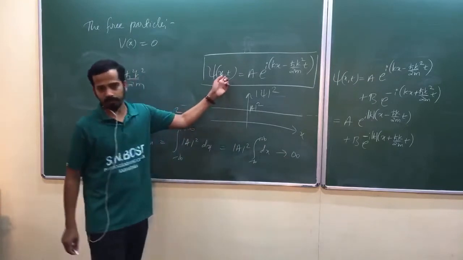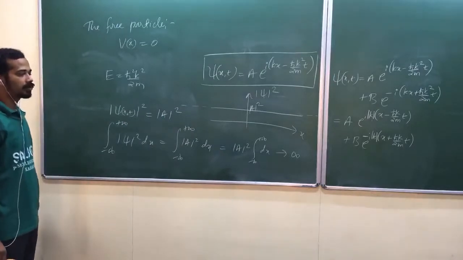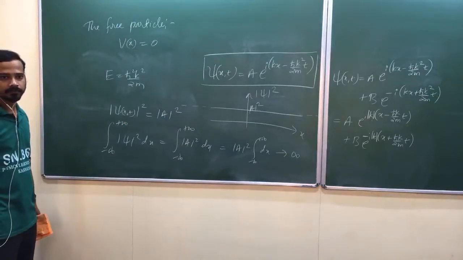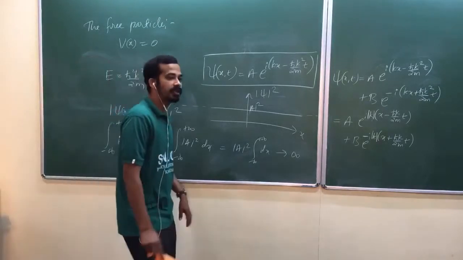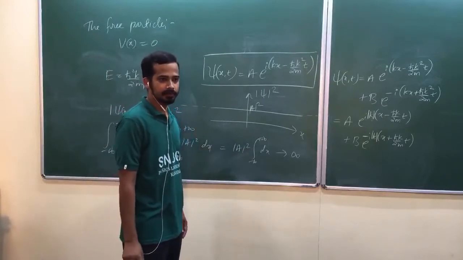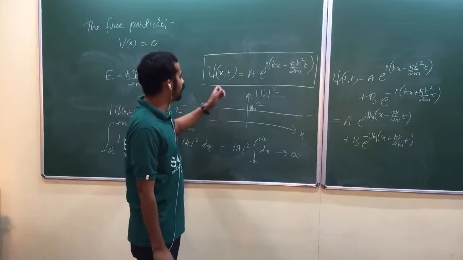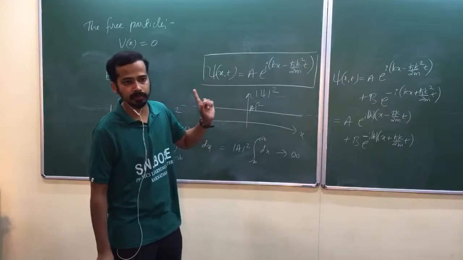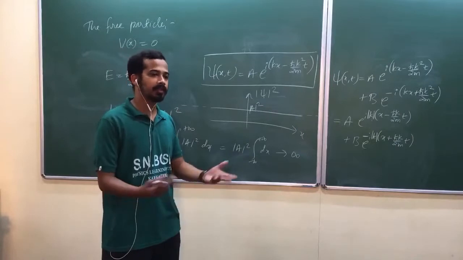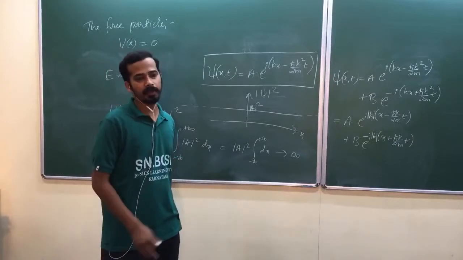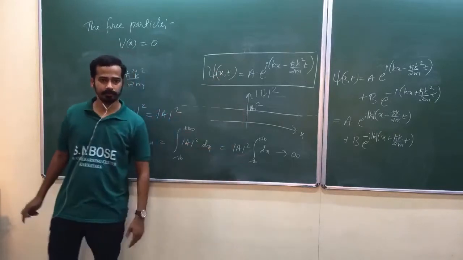So this is a non-normalizable wave function. It's not normalizable. Particle can be anywhere. If the particle is at infinity, that means there is no particle. Isn't it? So that's why the problem comes. So that's why we will never take a non-normalizable solution as physically acceptable. Non-normalizable means the particle can escape from the region of interest, or the particle can be nowhere. Are you getting my point? We will get into that situation here.